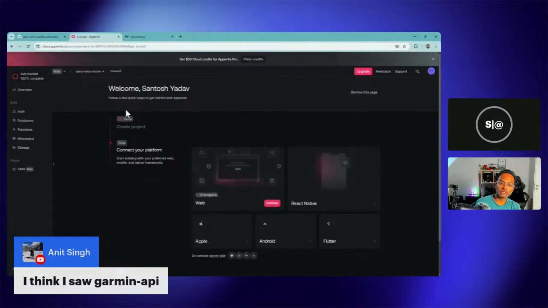I won't be using the SDK for my project. So I'll be using mostly APIs. So they have nice APIs which are available. You can actually just see